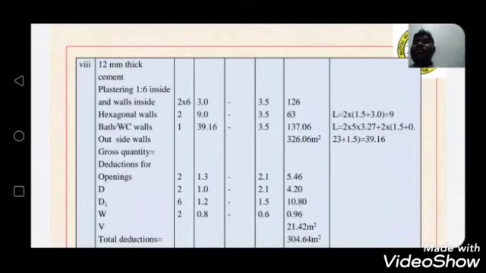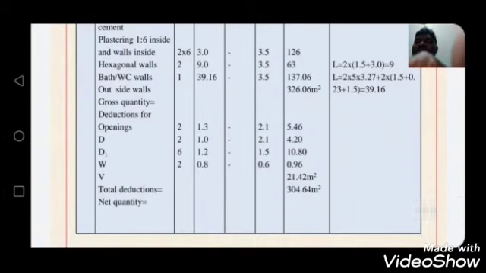12 millimeter thick cement plastering, 1:6, inside and outside walls: 2 into 6 into 3 numbers into 3.5 meter, 126. Hexagonal walls, 2 into 9 into 3.5 meter, 63 square meter. Bath WC, 1 into 39.16 into 3.5 meter. Deduction: 2 into 1.3 into 2.1, 2 into 1 into 2.1,